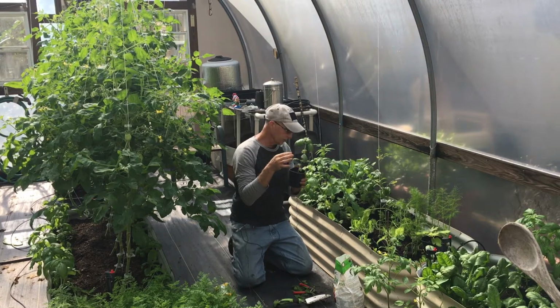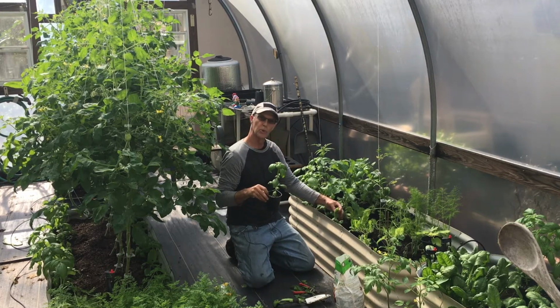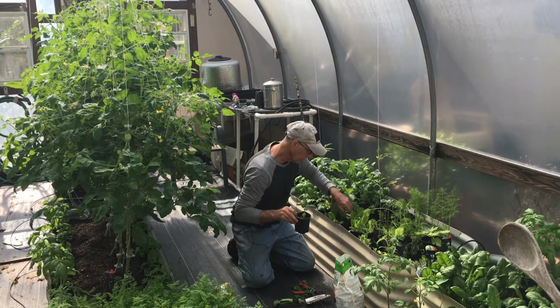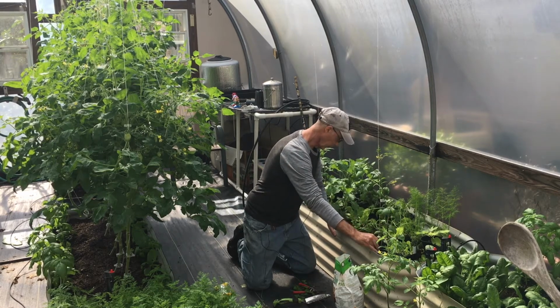Now, I've got several basil plants. These are a Genovese. I planted two last week right here. I do have some beautiful spinach. That bed is loaded with spinach. I'm going to go ahead and pick a spot here where I can put a basil plant in. And I think,